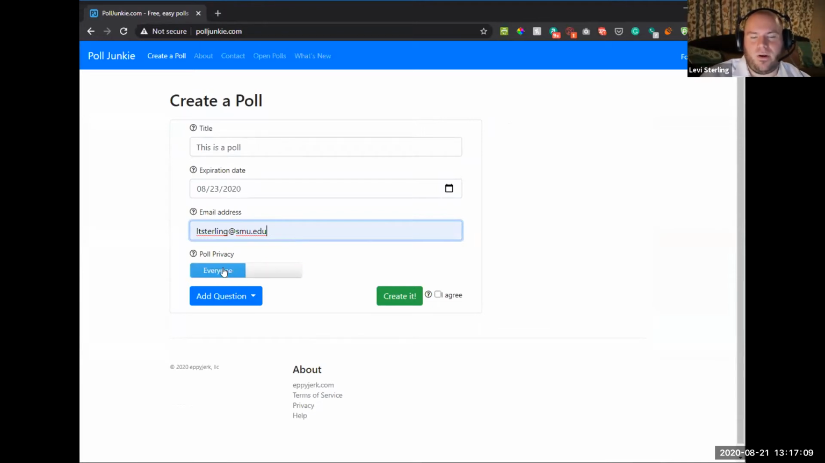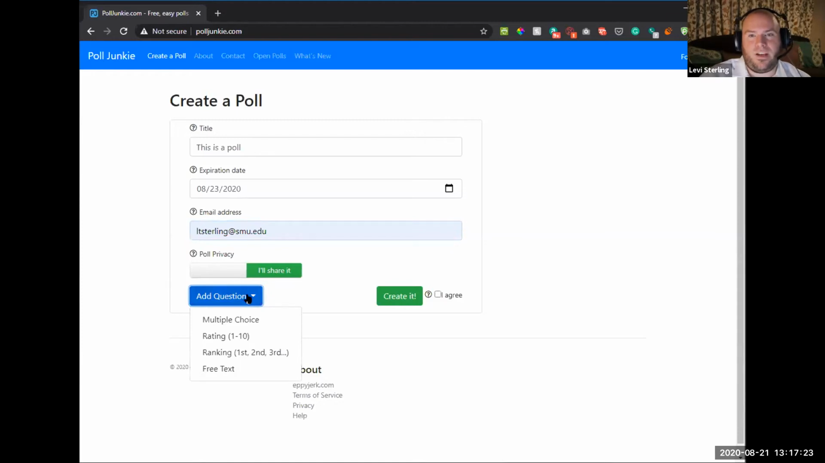By default, it allows me to choose to share it. I can also set it to where it's just open to the world, right up here under open polls. I don't want to do that. It leaves it as a default that you get to choose who to share it with, so I'm going to do that. At this point, I can add questions. There's 4 different types of questions it supports. Multiple choice,